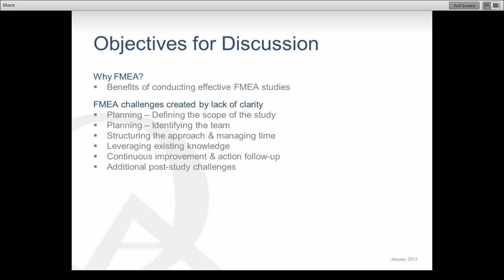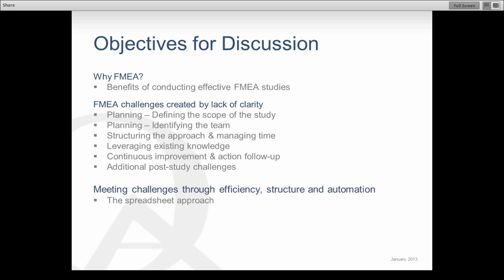And then we'll address some additional post-study challenges that might be faced, in terms of, once you create an FMEA, there are some additional challenges that we face at that time. So we'll talk about those and how to address them. We'll talk about meeting the challenges through efficiency, structure, and automation. More specifically, from a software point of view, we'll talk about using spreadsheets and how that might affect the results of your FMEA, and also we'll discuss a preferred solution, which would be a dedicated